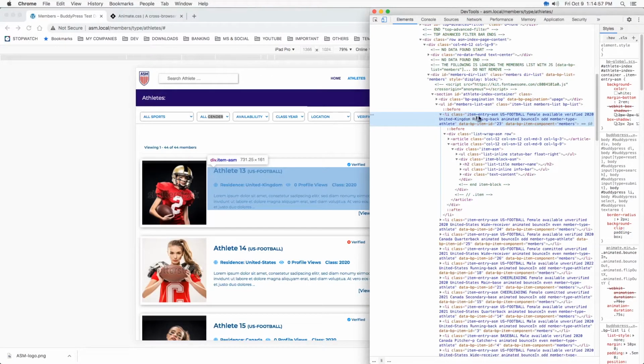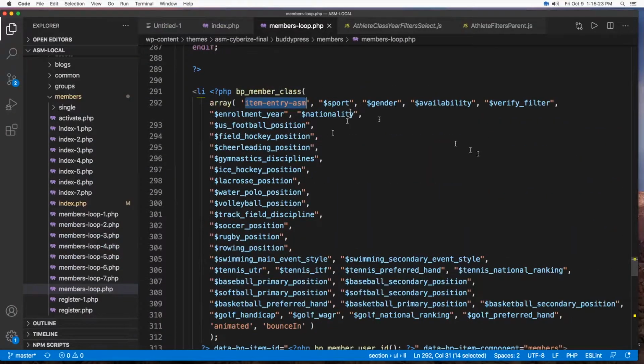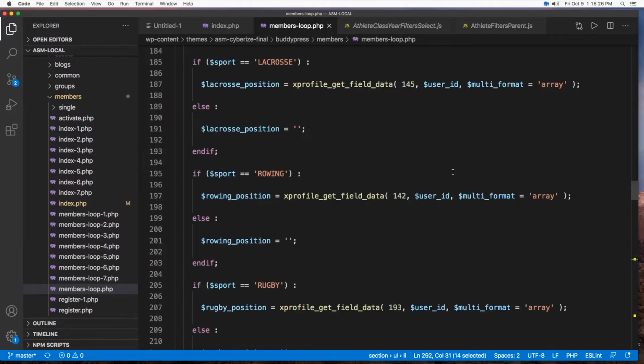And as you can see, all these, the US football, female, availability, verification, year, and even the sports specific ones that are used in the advanced filters are all here. Now let me show you where I'm collecting all this information, all the way up,